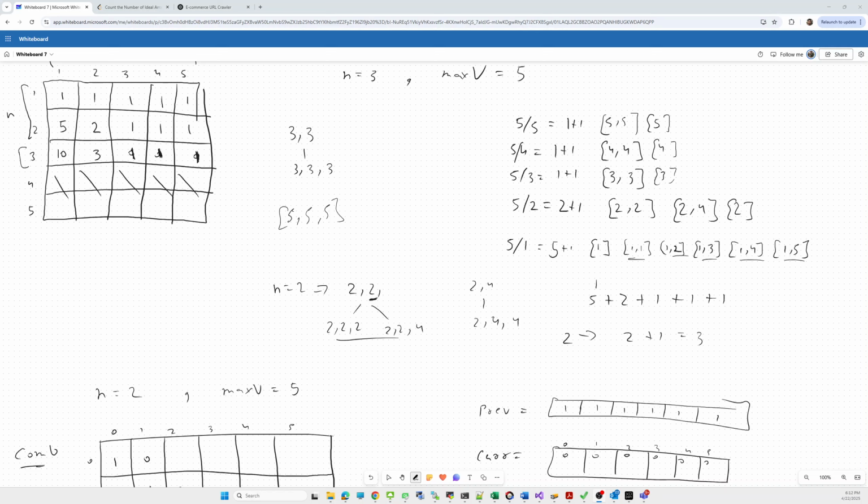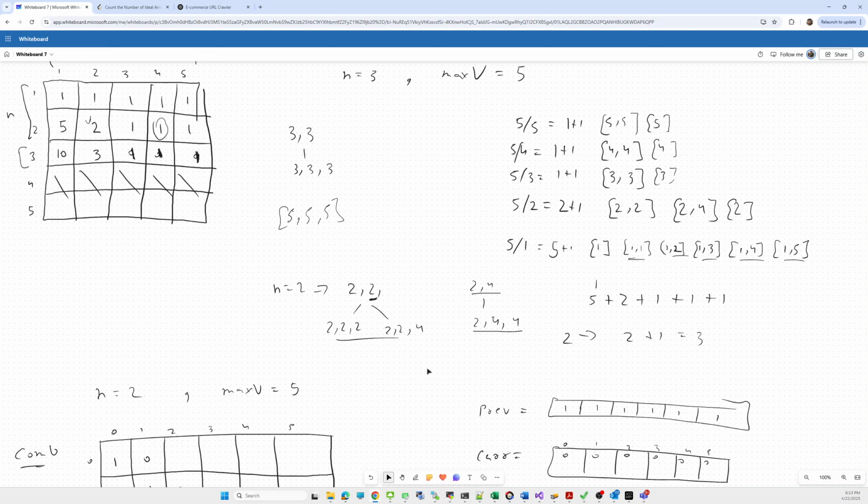Using this 2, we can form 2 comma 2 and 2 comma 4, two combinations. And using this 4 also, we can get the information of 4. Whatever the information of 4 is, it is 1, so we can form only one pair, 2, 4, 4. So we update with the sum, which is 3. What we have to do is start iterating from the ith index, which is 2, and jump to the next multiple, and add that till the maximum element, for all the elements divisible by the current ith element within the range of the max element. This is our intuition.